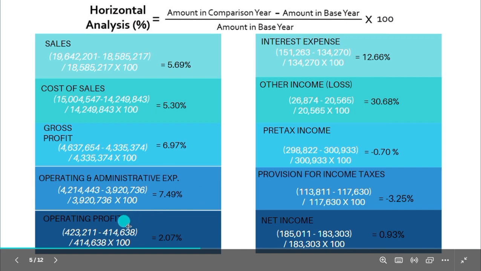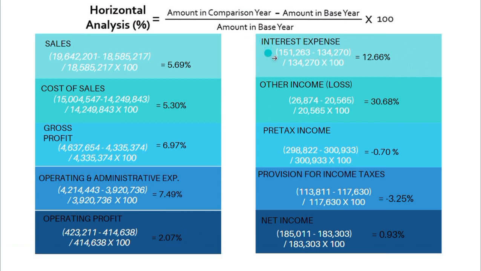For operating profit, 423,211 minus 414,638 divided by 414,638 times 100 is equal to 2.07%. For interest expense, 151,263 minus 134,270 divided by 134,270 times 100 is equal to